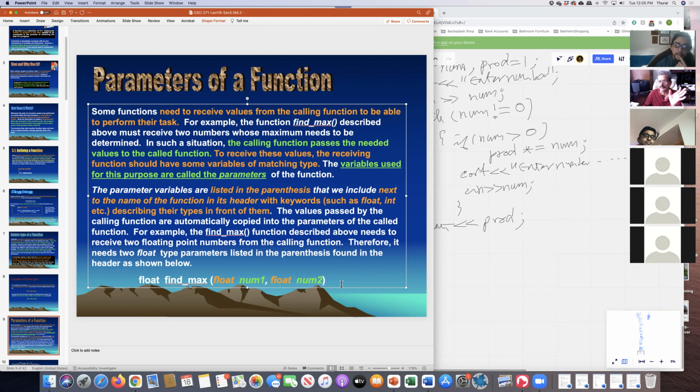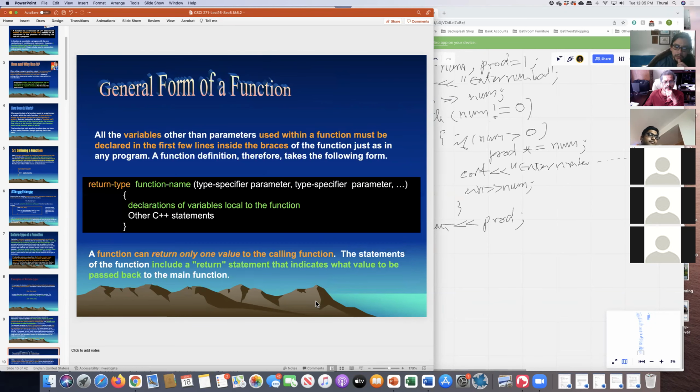Oh, still the header of the function. If the function doesn't receive anything, then the parentheses will be empty in the header. If the function is going to receive something, then you have to have variables to receive them. That should be in the parentheses. Okay, and so